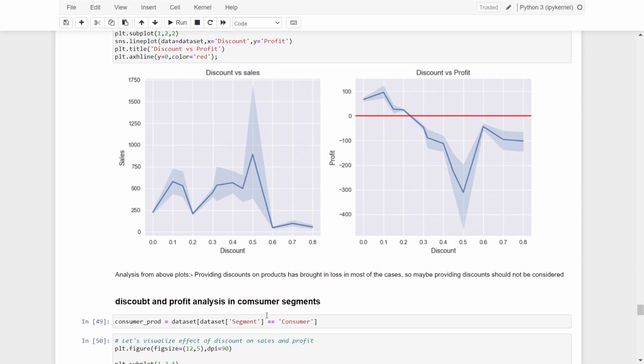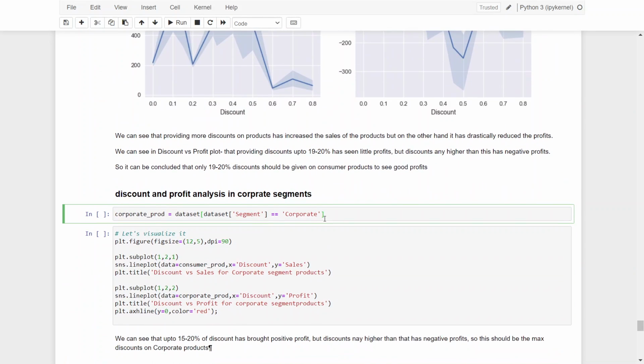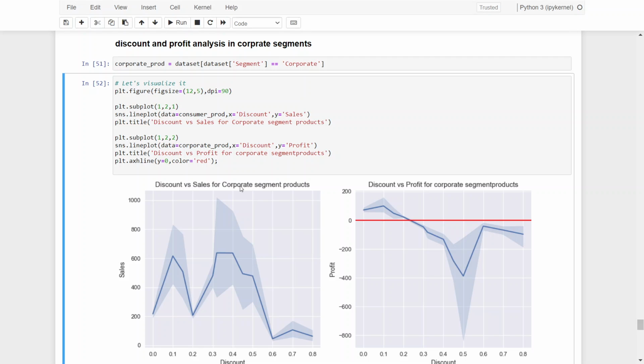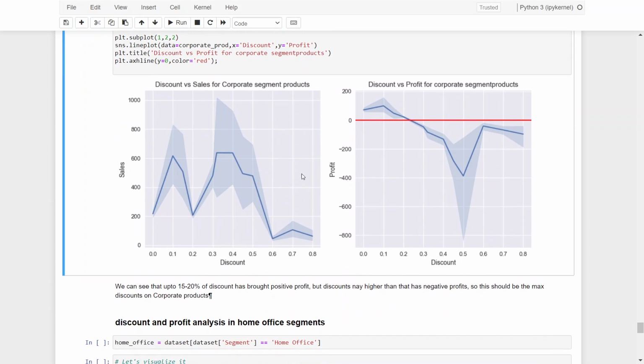Here I did it in the consumer segment. Here I am going to do it in the corporate segment. So I am going to plot it. Yeah, this is the discount versus sales in the corporate products, and this is the discount versus profit in the corporate segment products. So in these graphs we can see that 15 to 20 percent